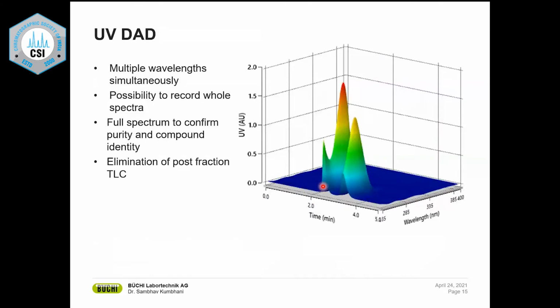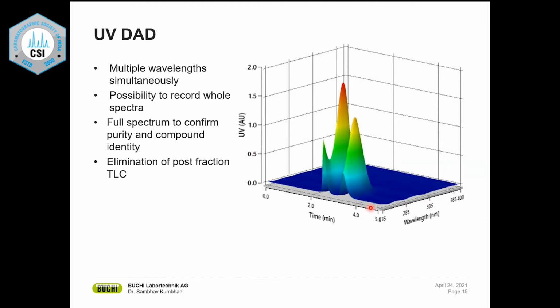With the advent of diode array detectors, also known as photodiode detectors, it is possible to measure multiple wavelengths at a time. So you can scan the entire 200 to 800 nanometer UV-vis range at once and get information on the entire spectrum in a single run. So it's one of the major advantages of DAD. And by combining the intensity versus time versus wavelength plots, you can even find the lambda max of your unknown